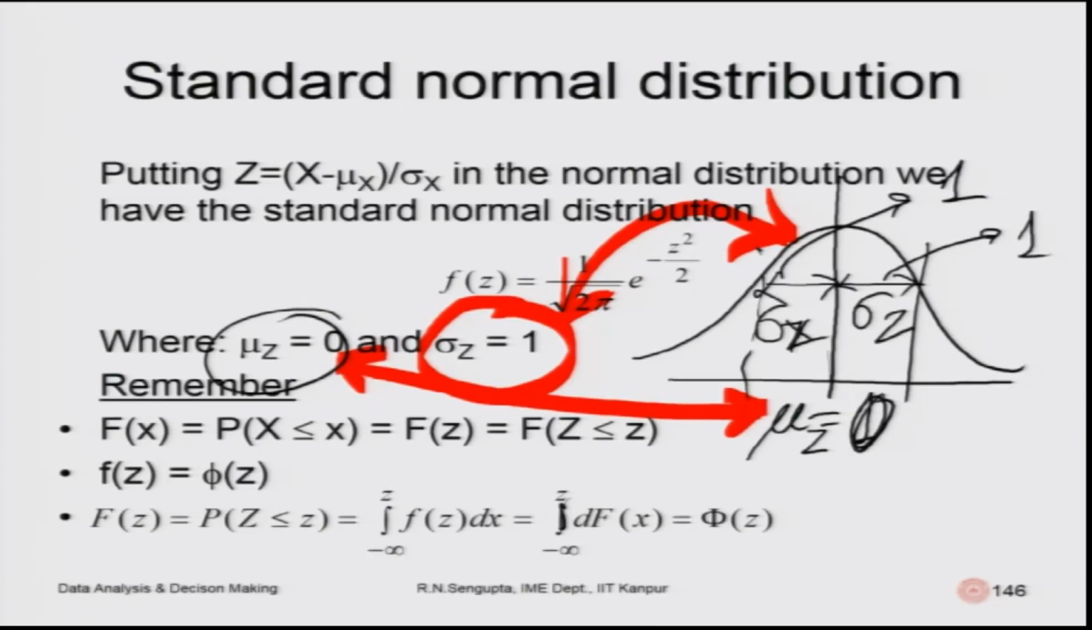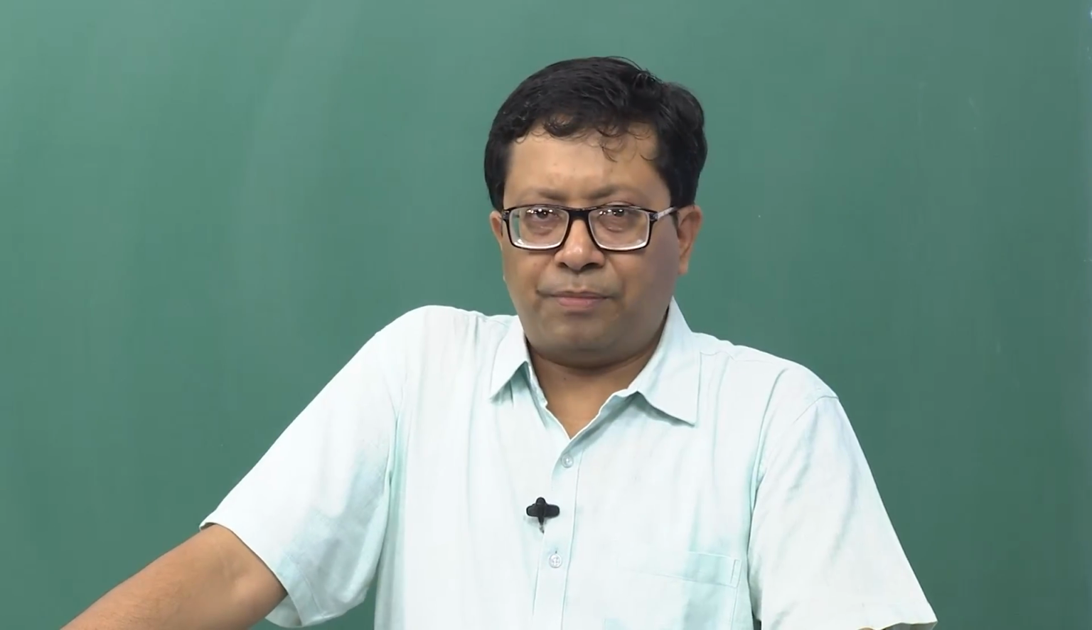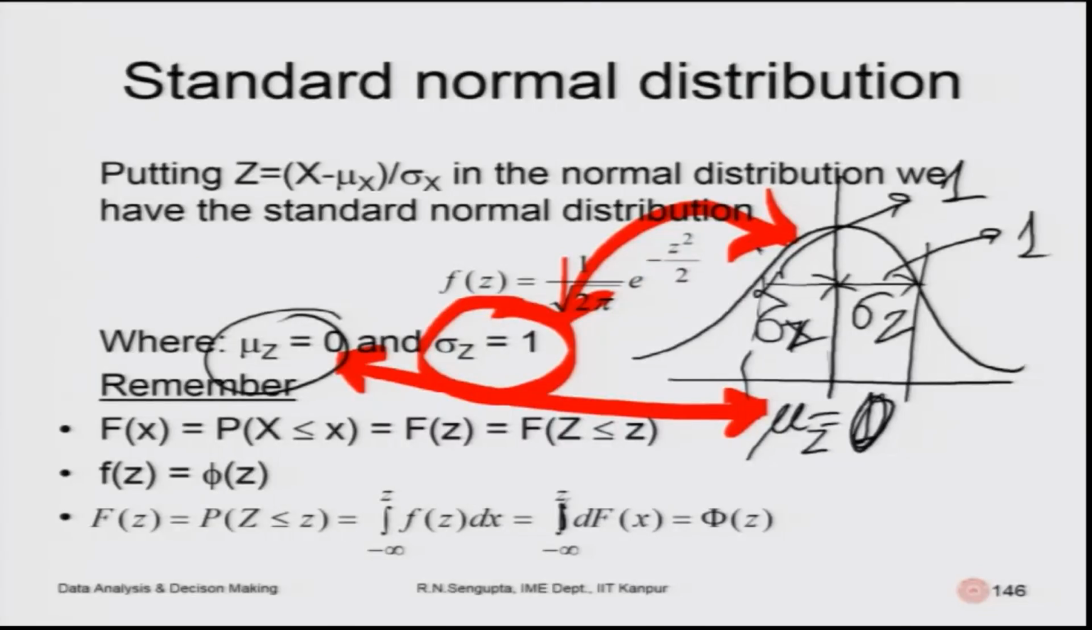So, remember f of x, which is the CDF value for x, the probability of x being less than or equal to x. You will also have the same values as for z less than or equal to z, because you are doing a one to one transformation. So, f of z, which is the PDF value for x as a normal distribution, the corresponding PDF would basically be given by small phi of z. And when we have the cumulative distribution values,